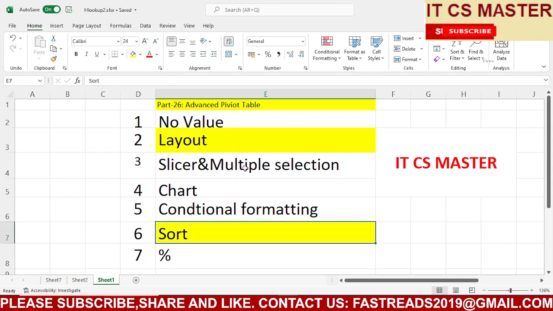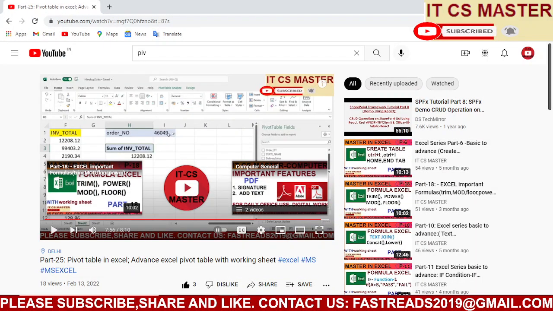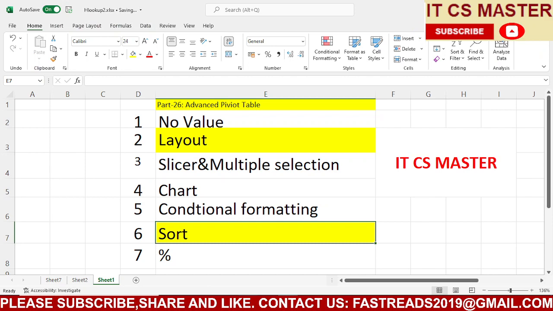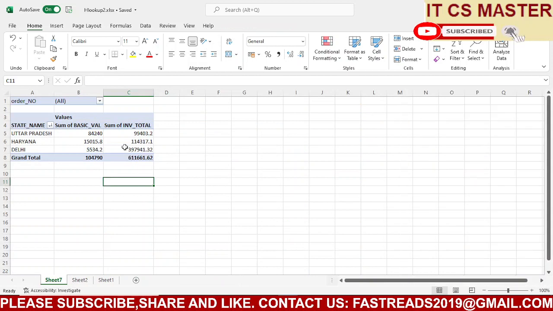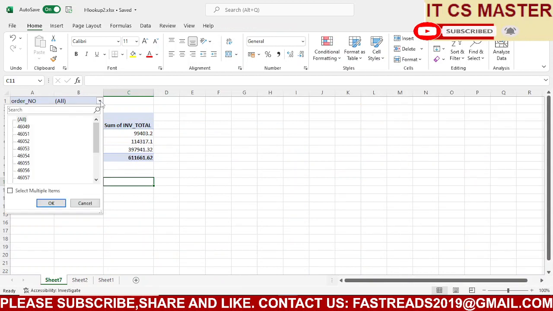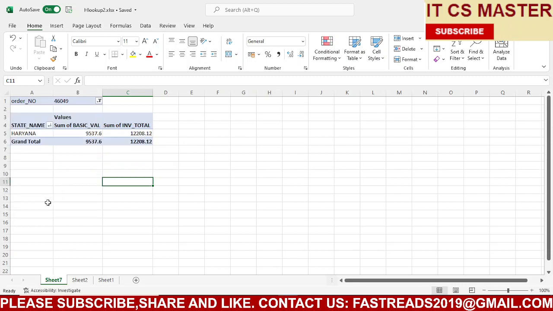Now we'll see slicer and multiple selection. What is slicer and multiple selection? Suppose I select a single PO, that is single selection, and here I have the order number value.